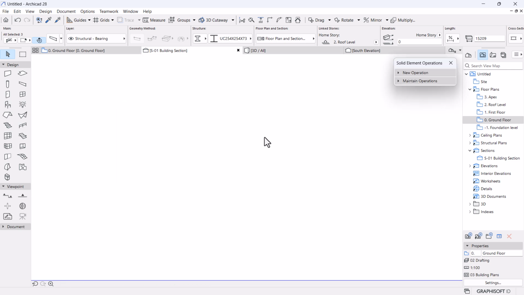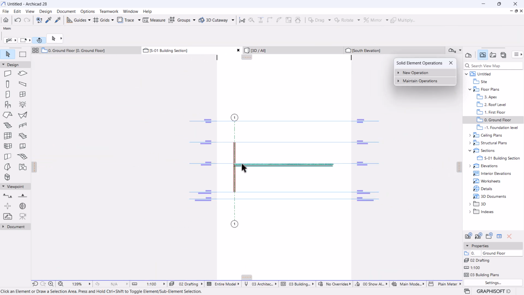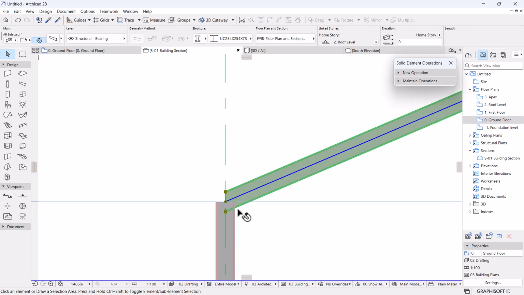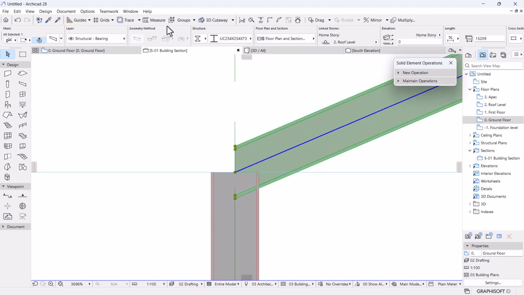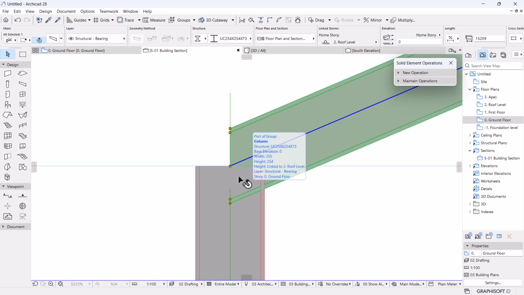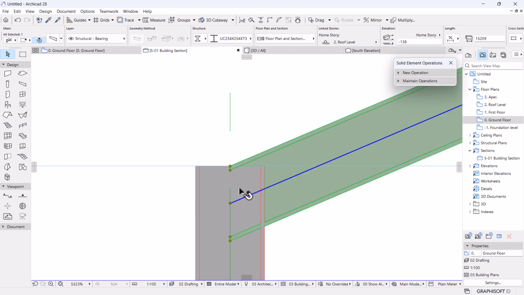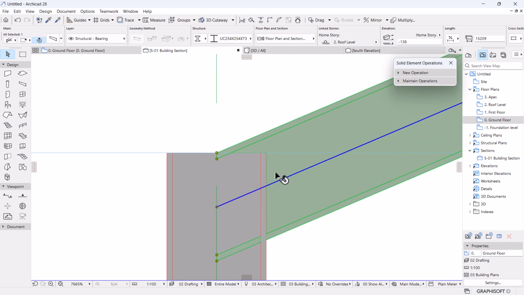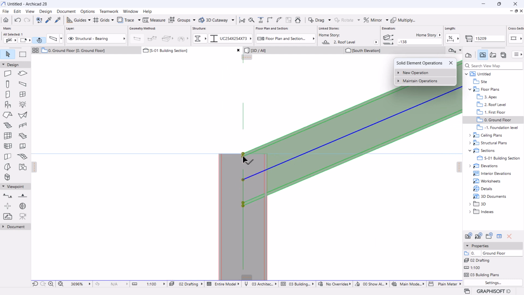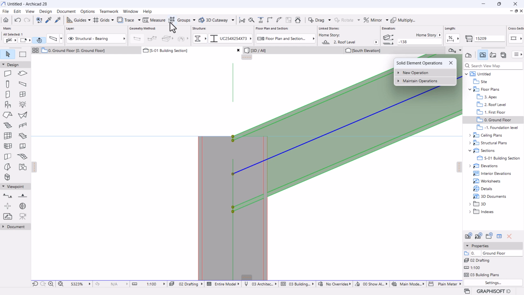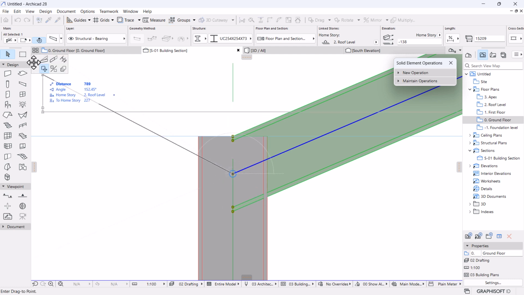So let's go to our section and then select this. Make sure suspend groups is active so that you can position all the beams at once. Then I'm going to bring it down to this level, and then again this has to start right on the surface, on the edge of your column, instead of going all the way like that. So I would need to activate suspend groups so that I can ungroup these elements in order for me to access the stretch